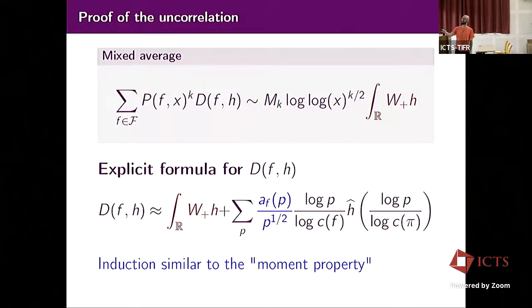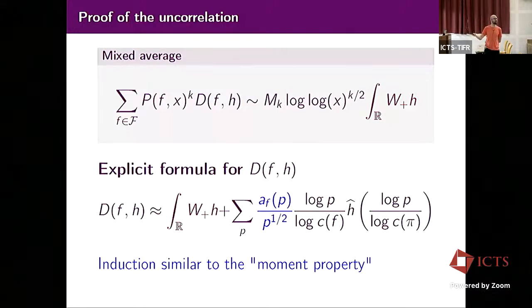And then you just need to say that the remaining part is small. But the remaining part is essentially a coefficient. And what I just did before is to estimate a sum of products of coefficients. So adding one only changes the weight, but since I'm summing over the family first, we don't care. So it's exactly the same induction as before. Well, same, except that you have to say that everything still behaves correctly. But that's exactly the same argument. We already did the job. So that proves these uncorrelation results between the moment and the one level density.